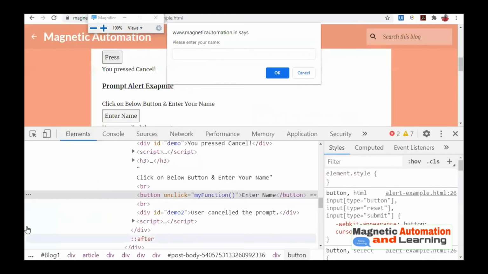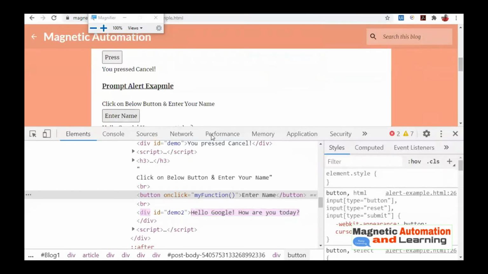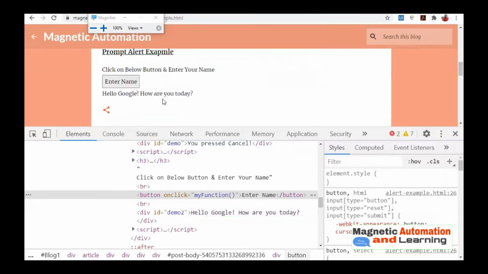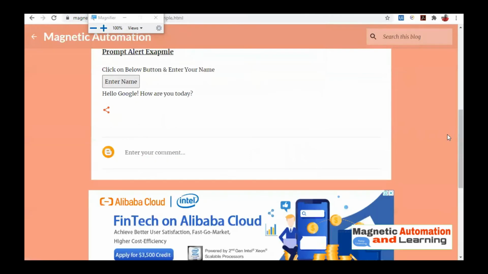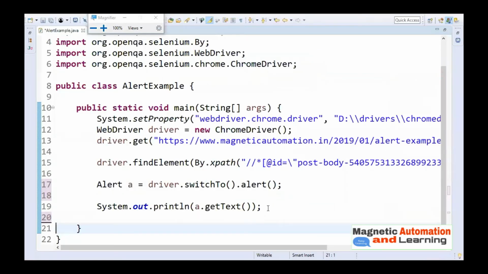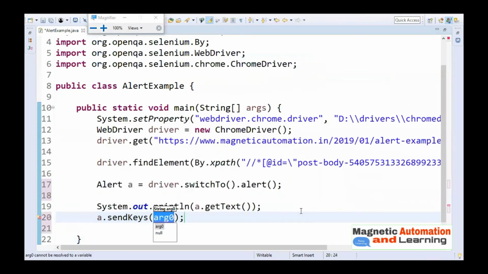Next, you are interested in typing something here, and whatever you type, if you press OK, suppose you type Google, you see Hello Google is displayed there. For typing, it is very easy: a.sendKeys(), and here you pass the text you are interested in. I am sending keys as Google.